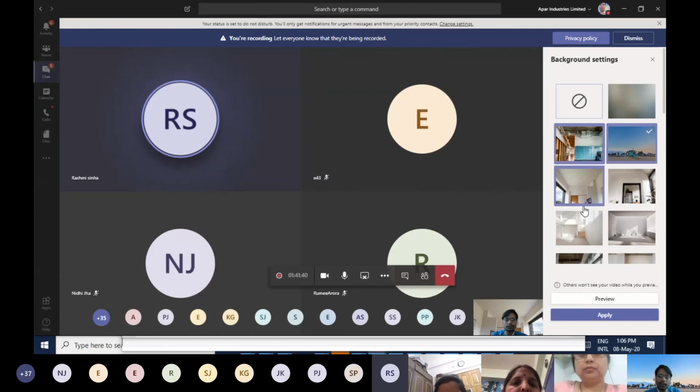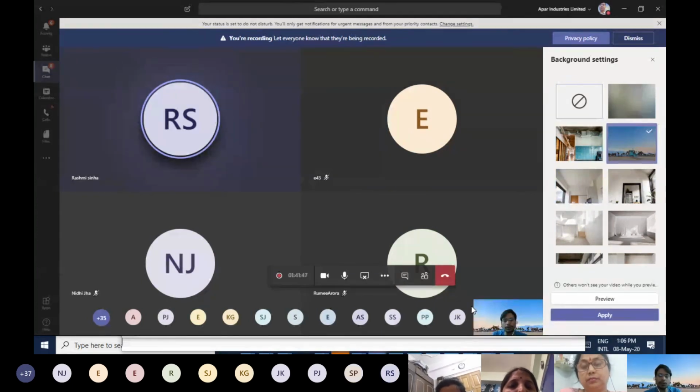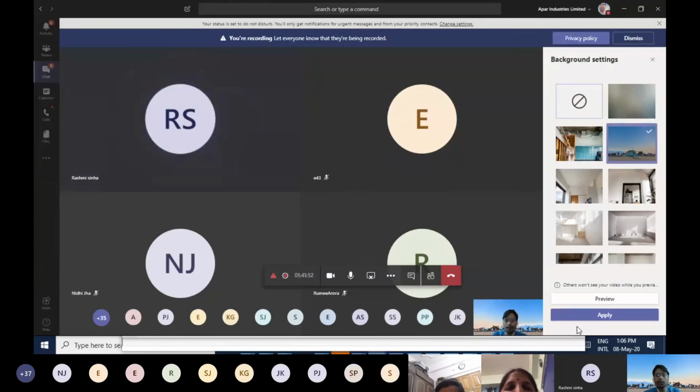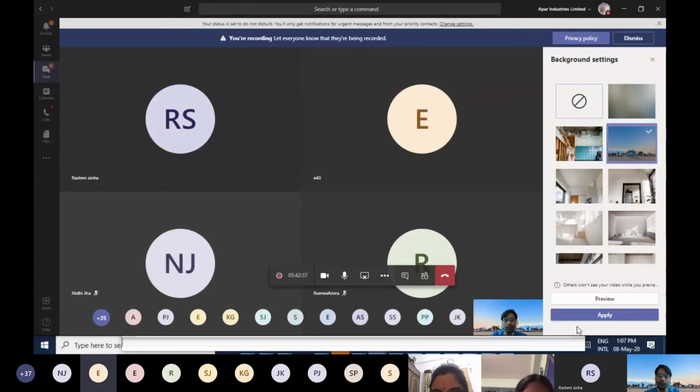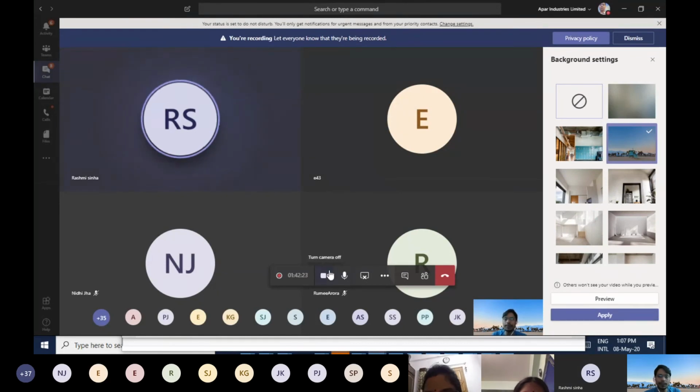Now you can see when I select any background, this background effect comes up here. I believe you all can observe this. This way you can preserve your privacy, where you are and what you are doing. So this way your background can be managed. But as the question arrived earlier, if we can manage the audio, no ma'am, no sir, we cannot manage the background audio. The visual can be managed in this manner only. Currently I'm turning off the camera for a while.